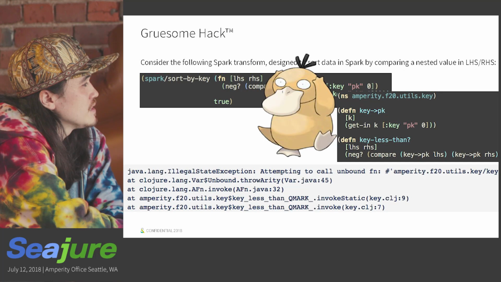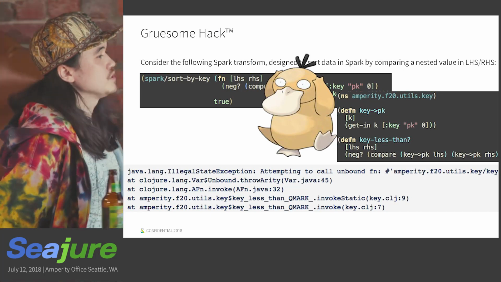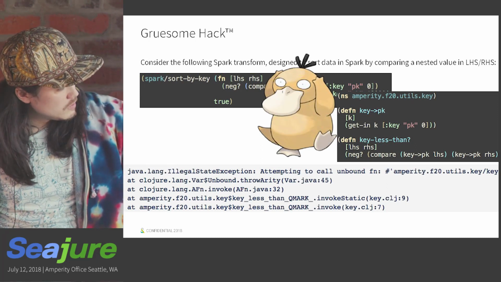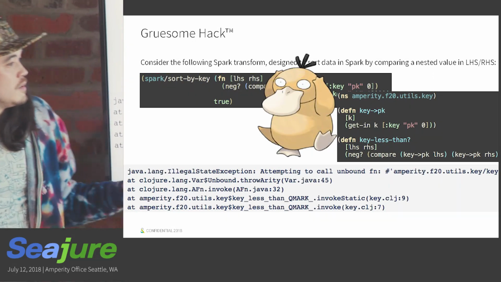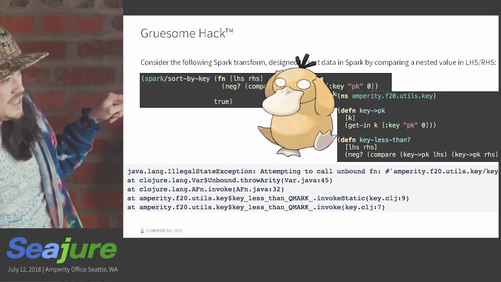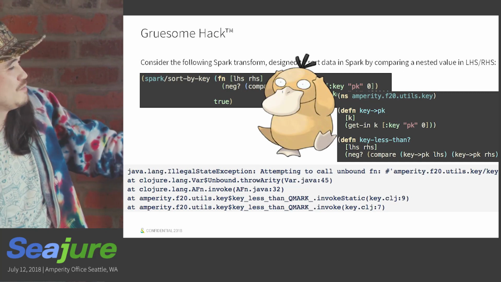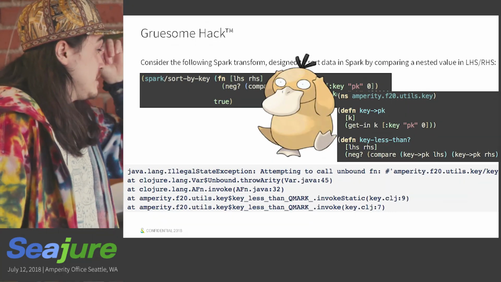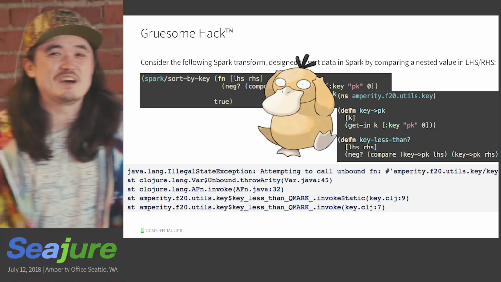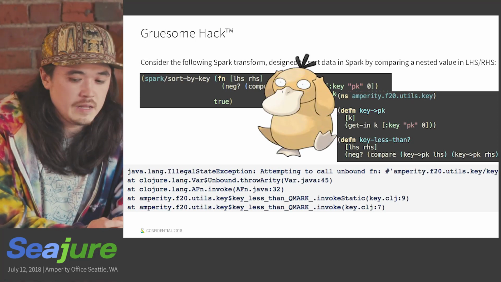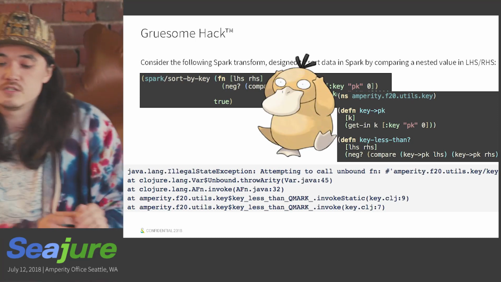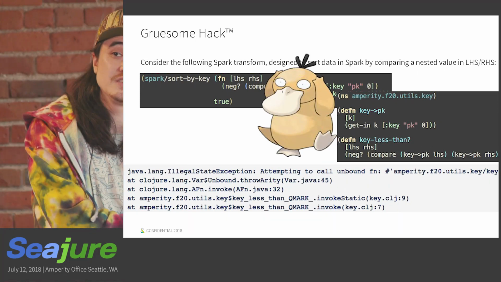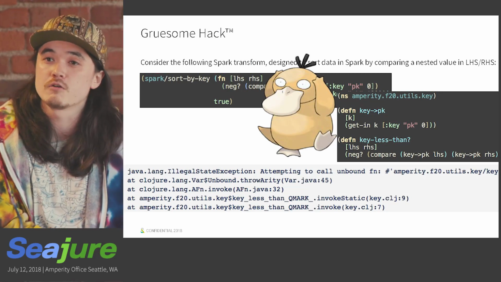And we run it, but we get this all too familiar attempting to call unbound function. But this is a really interesting one. Look at this stack for half a second. We're calling from key less than qmark, this function, but we can't find the function in the exact same namespace as this function is being called from, key to pk. And this was a big WTF moment for us, because it did, and we went to the point of wiring up a bunch of debug statements into our sparkling library and running this through, and you could actually deterministically prove that it never ever called our library.